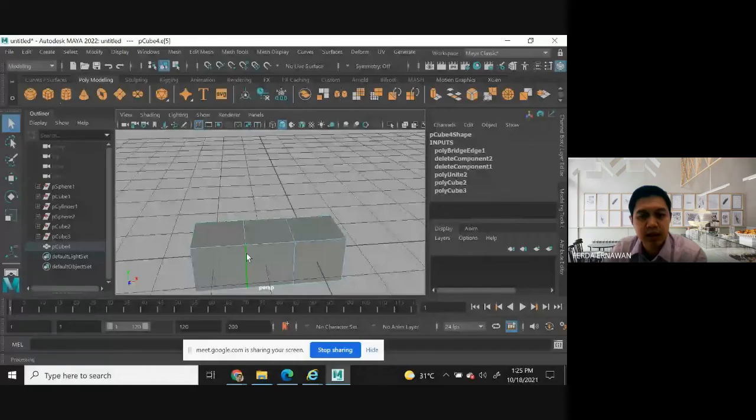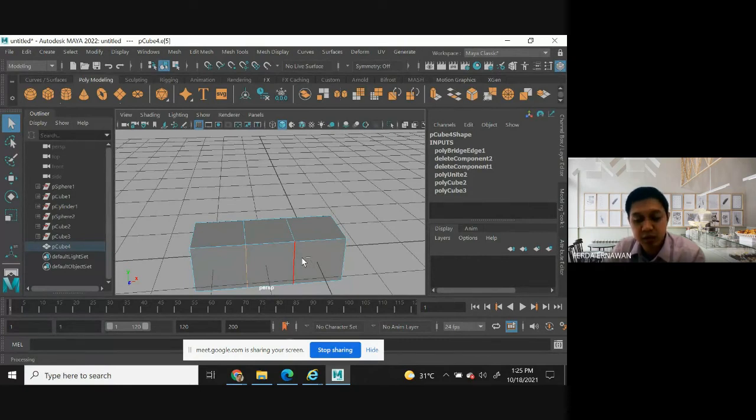All right. In the 3D object, if you want to delete, you cannot simply delete like that. What you have to do here is select this one, the edge. After that, hold the Control button.